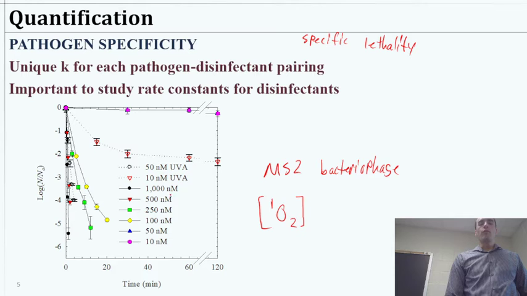And so when we add different amounts of this photosensitizer that produces the singlet oxygen, which is acting as our disinfectant, we have some known relationship between how quickly they're dying and how much singlet oxygen we have in the system. So if we produce more singlet oxygen, we get very rapid decay. And here I'm plotting log of the number over the initial number. So that's a 5 log reduction, so that's 99.999% reduced in a few minutes under these conditions where we added a lot of it. Whereas if we add very little, we get almost no effect, maybe no effect at all,